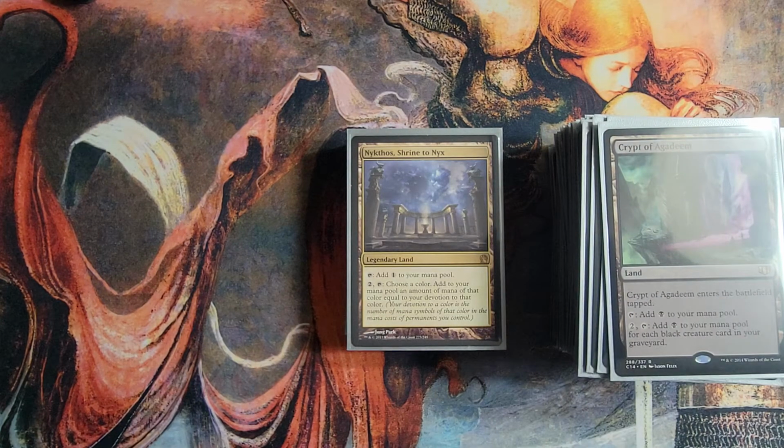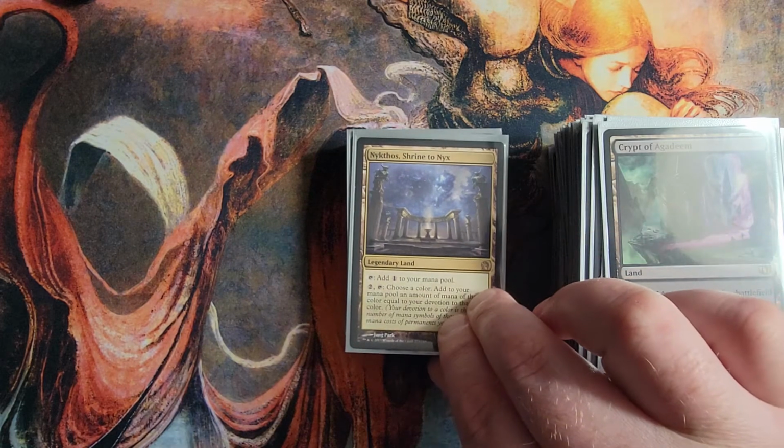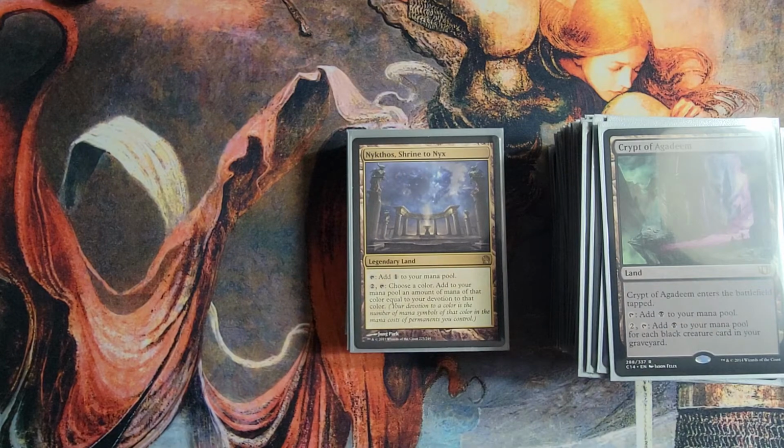Alright, Nykthos, Shrine to Nyx. Great land card for any monocolored deck. It doesn't matter. White, black, you choose. So it adds mana equal to your devotion, kind of like the Nyx Lotus, or it can add colorless. You do have to pay 2 into it, kind of like Cabal Coffers, but it's still definitely worth it, especially since based on your devotion it could be 20. So,